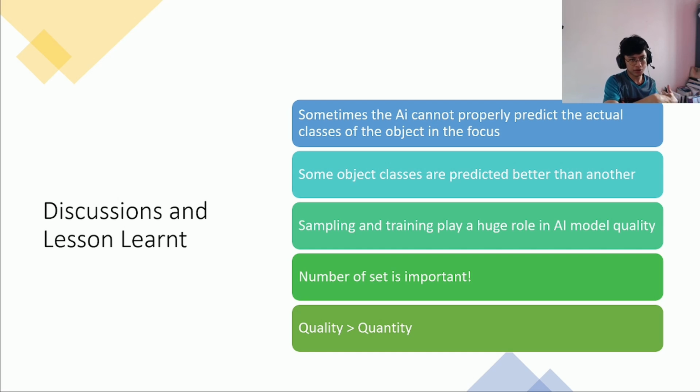The same goes for water. We tested it on a puddle of water, and it turns out that it cannot predict that puddle as water, but rather predicts a sewage drain as water instead, because most of the samples are coming from that sewage. Moving towards the next point, we also found that some object classes are predicted better than others. For example,